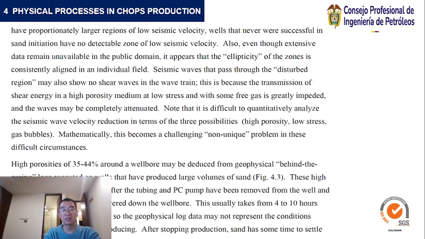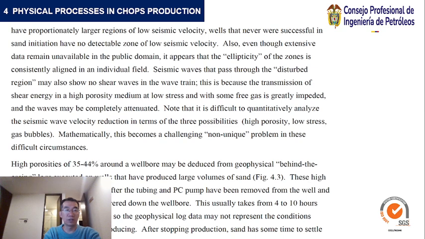Note that it is difficult to analyze the seismic wave velocity reduction in terms of these three possibilities. This becomes a challenging non-unique problem in these difficult